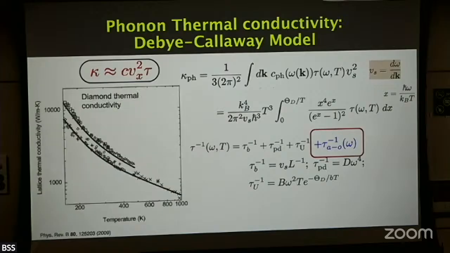And whatever they do, look at this data. There are two datasets from 1000 Kelvin to 100 Kelvin, two kinds of diamond thermal conductivity they measured. The bottom one is naturally available diamond. And the other one is enriched diamond, with carbon 13 and a certain amount of carbon 14. I forgot how much.